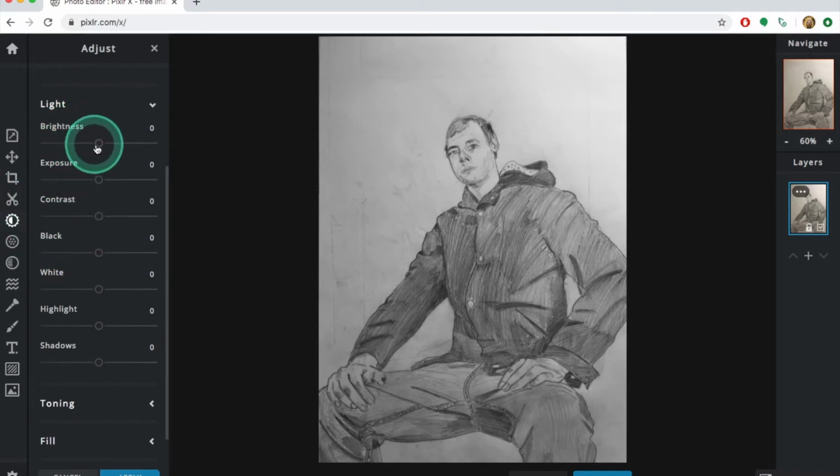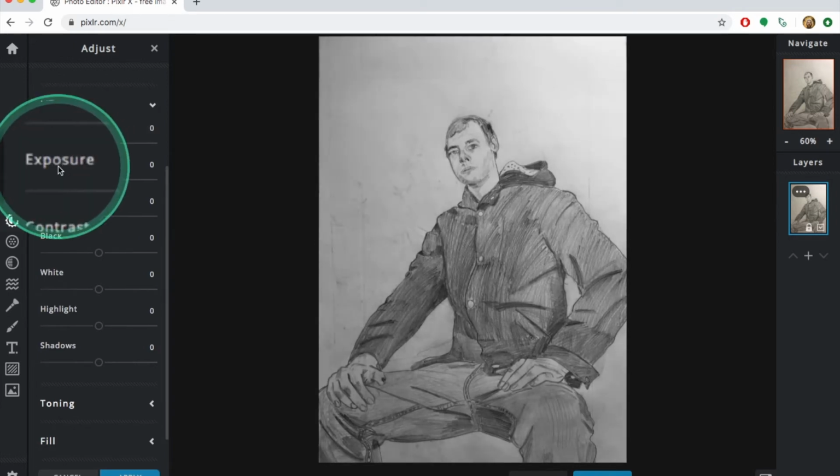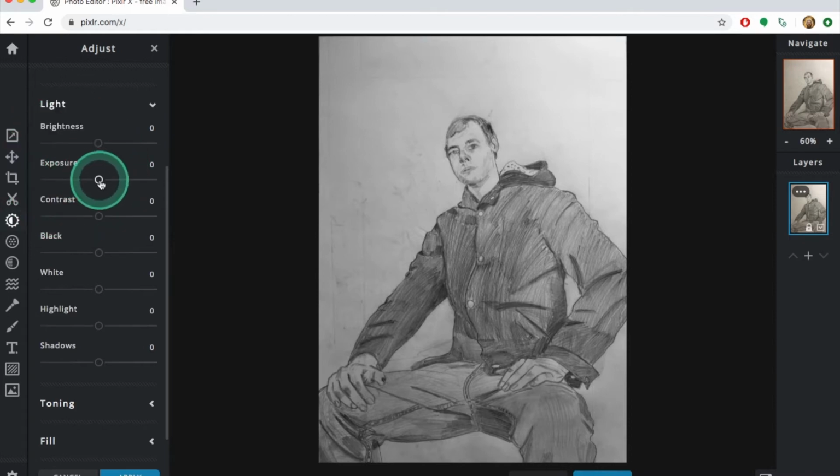Brightness just brings the overall brightness of the image up. Pretty self-explanatory. Exposure, this is relating to more of a photography term, which has a bias towards bringing up the highlights. So you'll see there, it's starting to sort of wash out some of the shadows of the drawing. But we do want to bring it up just a touch. So I'm going to just bring up the exposure just a tad. And then